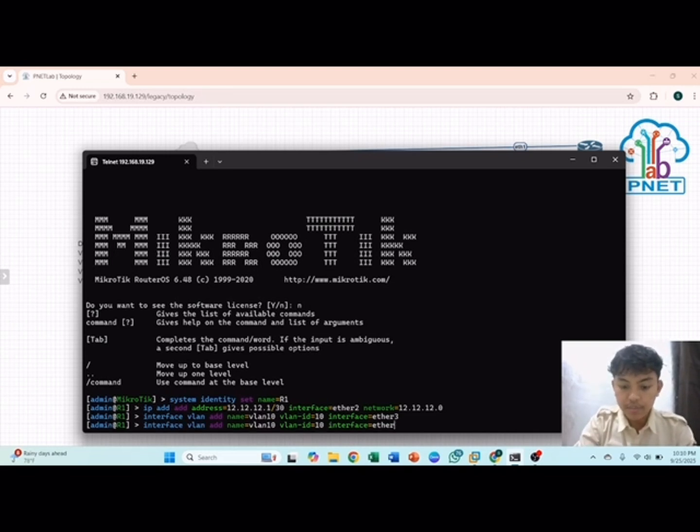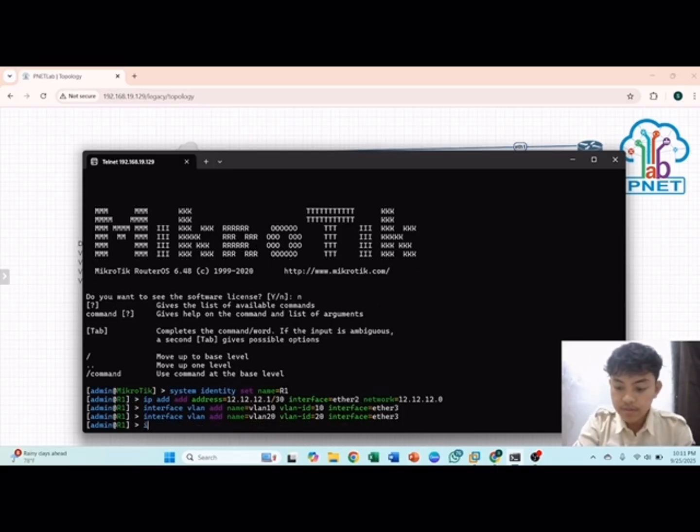And then you can copy Ether3 here and change the VLAN name and ID to 20, and then enter.